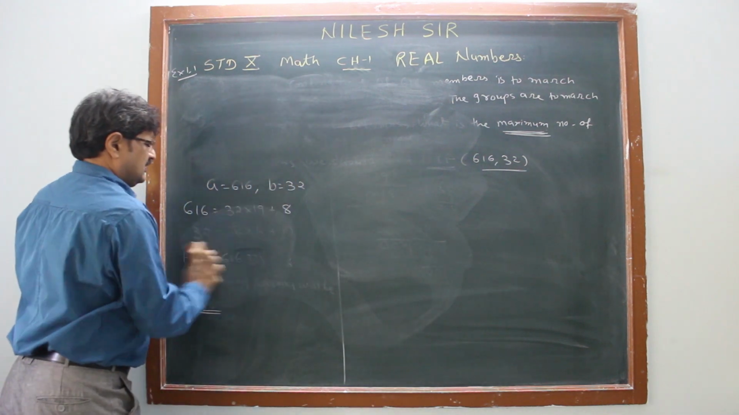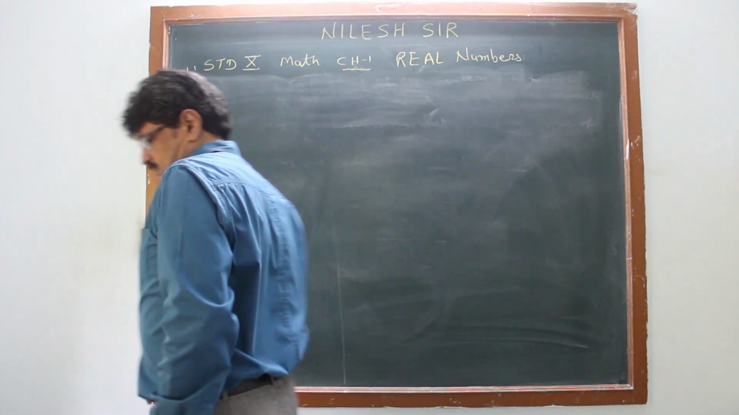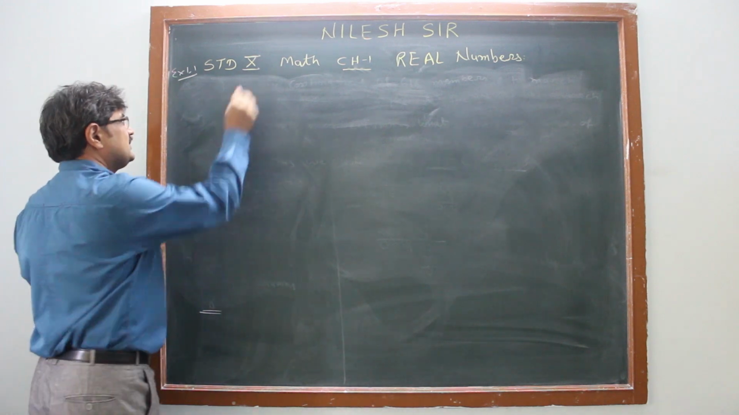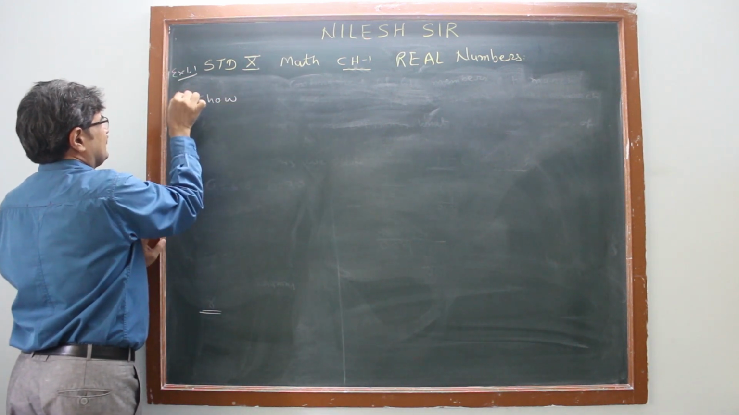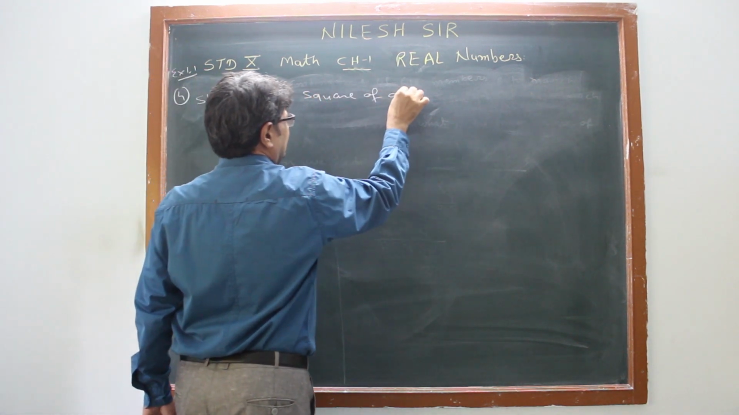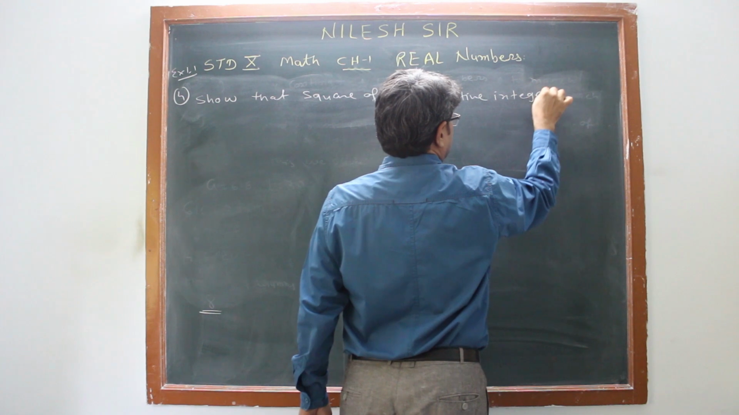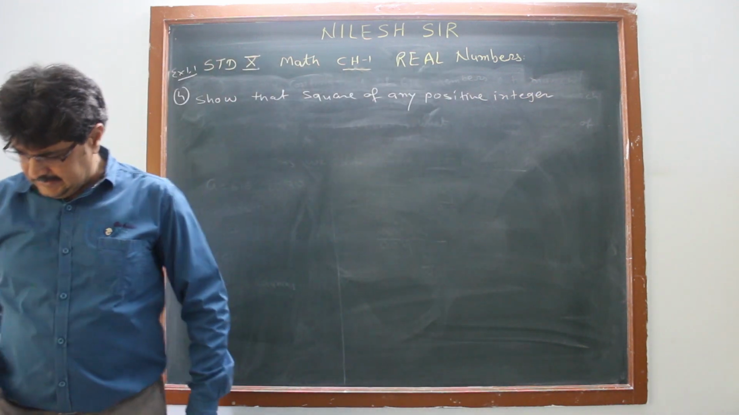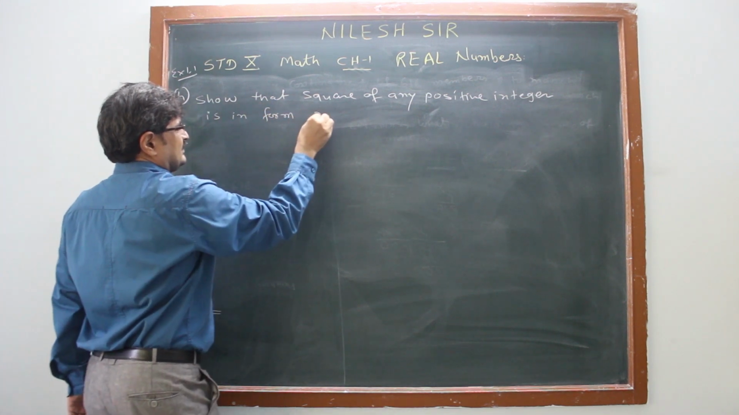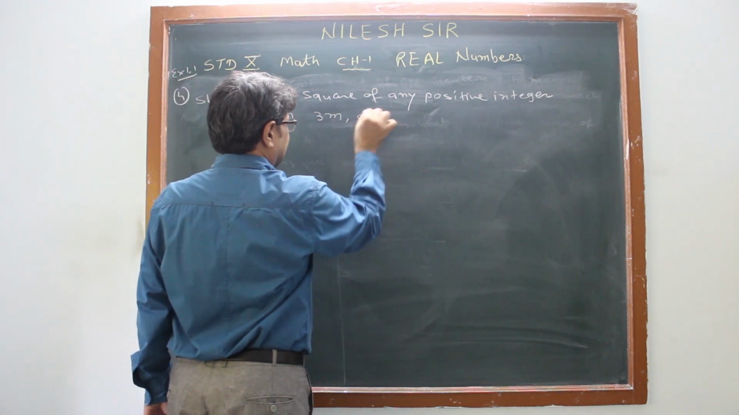That is question number 4. Now the question number 4: show that the square of any positive integer is in the form 3m or 3m plus 1